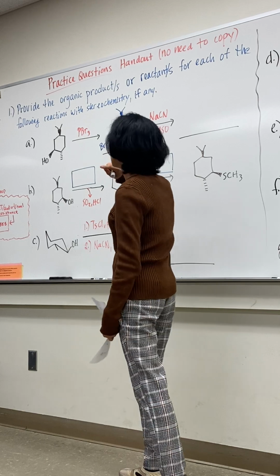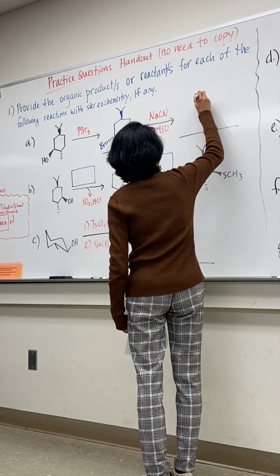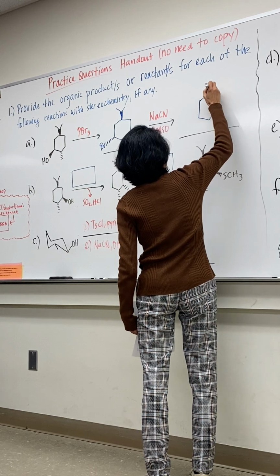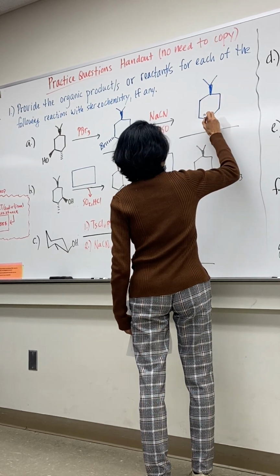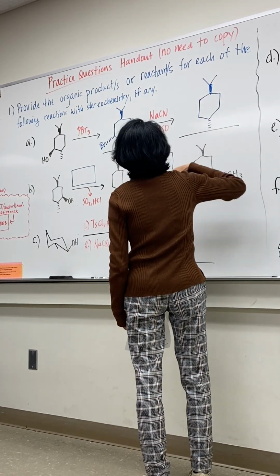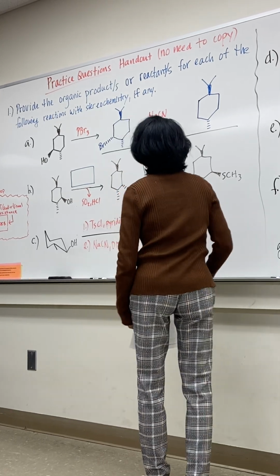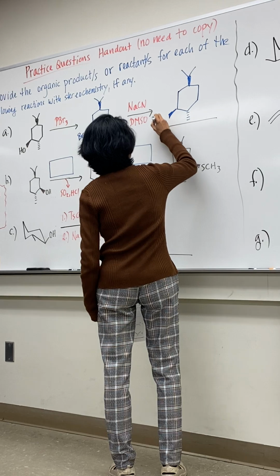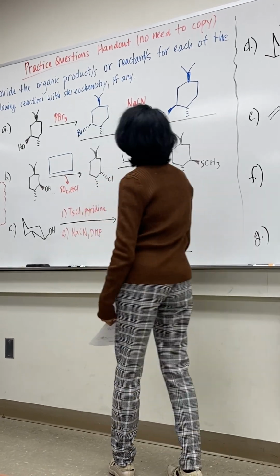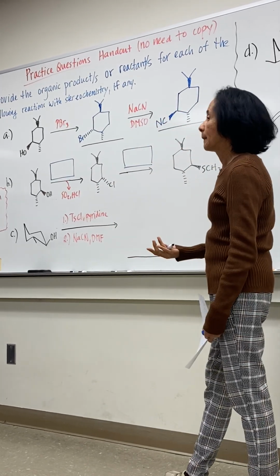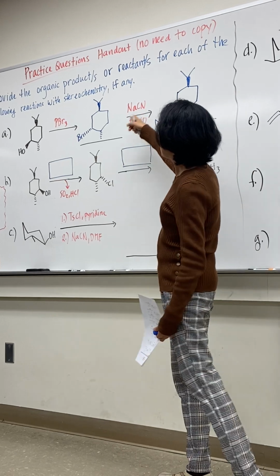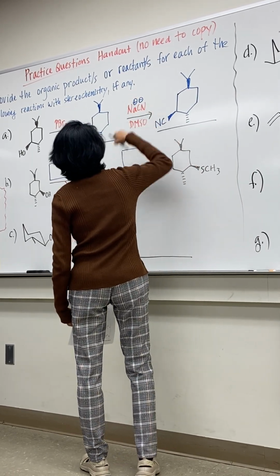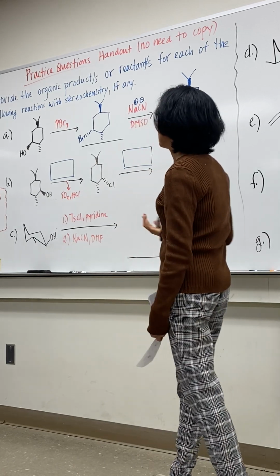Okay. So just draw the other substituents, and this one now inverts. Okay? So the nucleophile, the CN, so NaCN, this is a plus, minus,